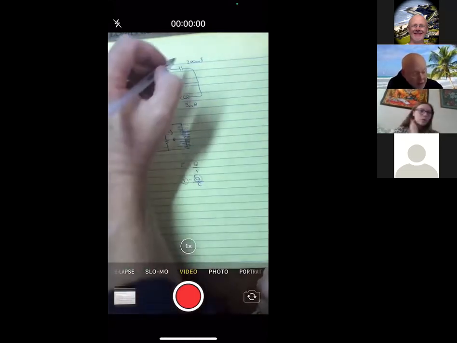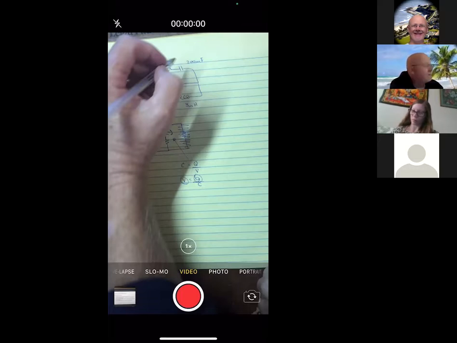So I'm going to play the same game with this problem. What we have is an AC source. What that means is current flows first in one direction for a moment in time, half the cycle, and then the current flows the other direction. And what that would mean, I think